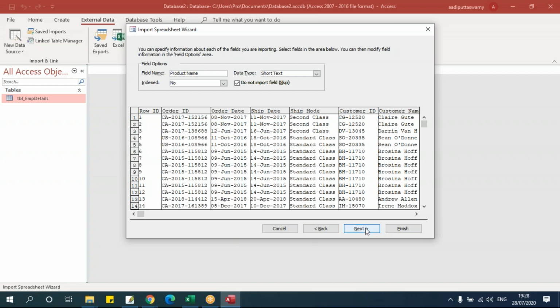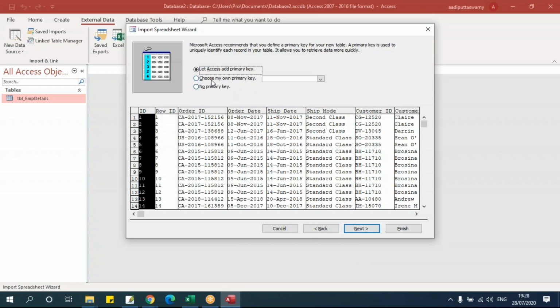Right. Next one, if I say next, it'll ask whether I need to have a primary key. Primary key means, as we saw just now, a key in a table which will have a unique ID to recognize the records. Here it says let Access add primary key. If I select this, a new column will be added with a serial number, that is 1, 2, 3, 4, 5, till however many data rows we have.